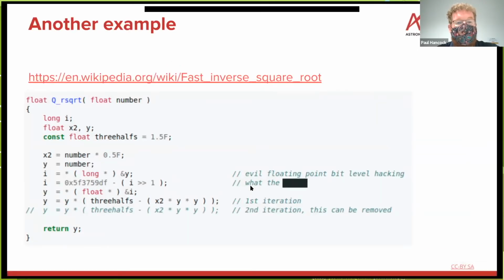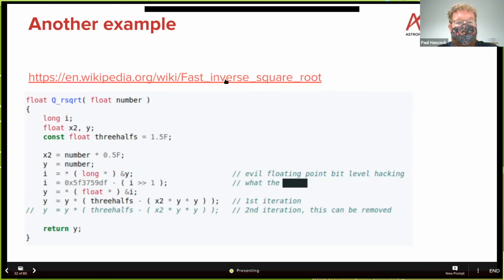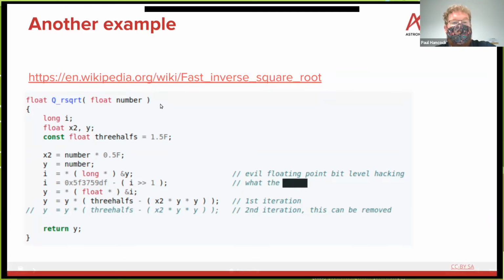There's another example here, which is kind of the inverse. So this is a very famous piece of code which computes the fast inverse square root. So we know what it does, but as to how this thing works, well, read the Wikipedia article as to how this works. This is a singular piece of genius as to how this can very quickly give you the fast inverse square